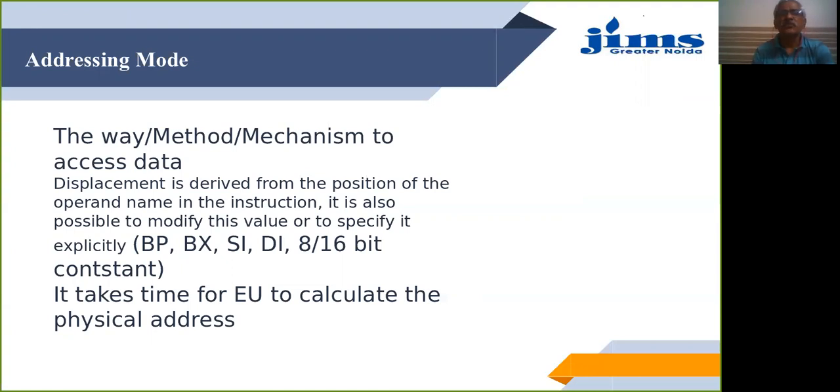Since there are so many different places where the data item can reside, we need to evolve a mechanism through which we can exactly find out the place of the data item, and if it is in memory, we can calculate the physical address of the data items.